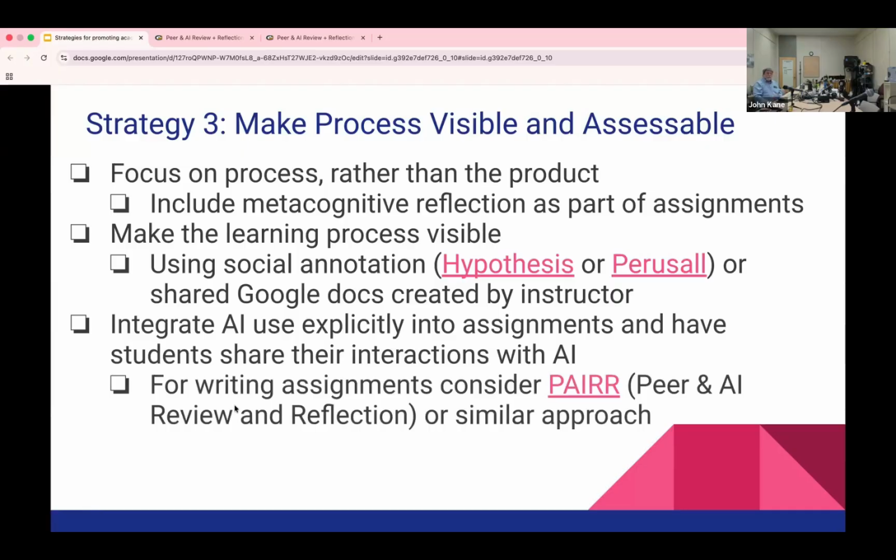For writing assignments, one approach which has been developed by a consortium of schools in California is the PAIR project. It's a peer and AI review and reflection process where students first create something themselves. They create a writing assignment themselves, and then they submit it to peer review, and they submit it to AI review. And then they evaluate the quality of the peer review and the AI review, and then they revise the work